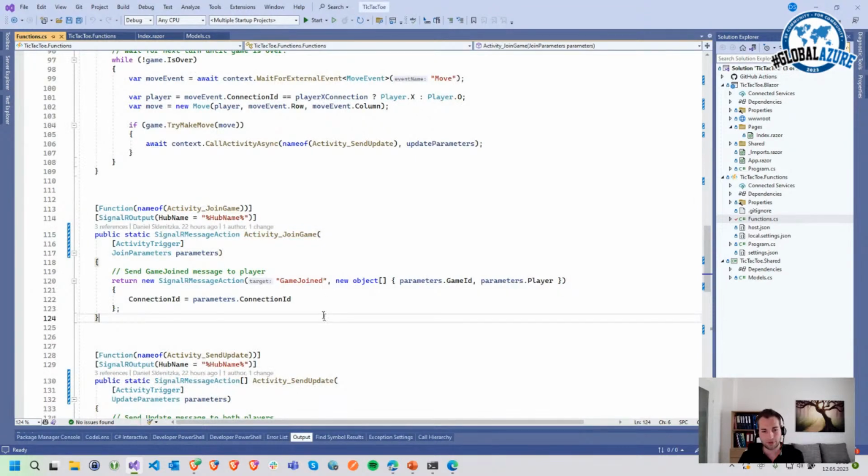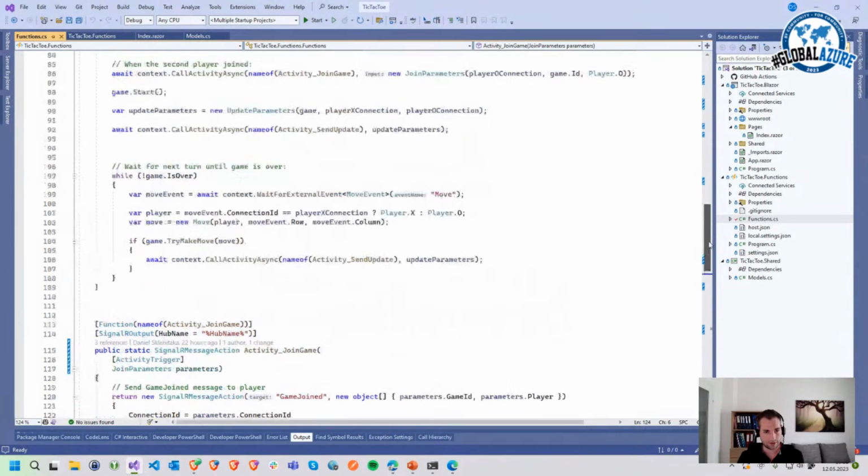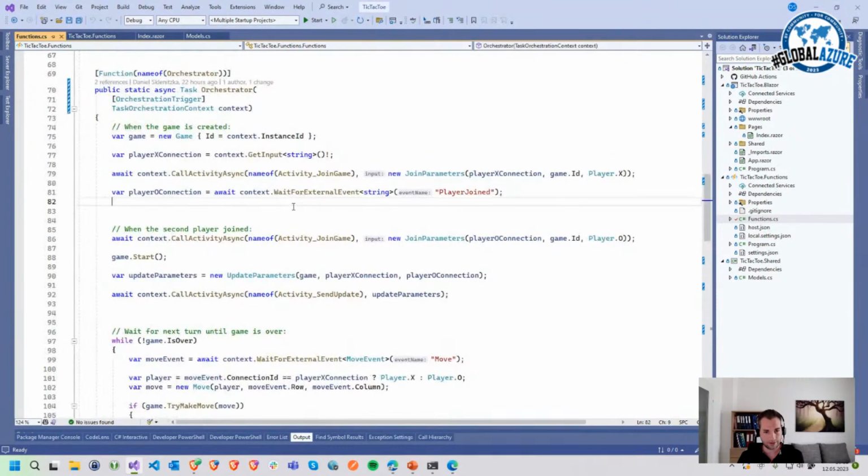It's actually pretty simple. It just returns a SignalR message action, also as we've seen before. So we want to invoke a method on the client. The method name is gameJoined, and we pass as parameters the game ID and the player type. And we set the connection ID so that SignalR knows to whom it should send this message. So we want to invoke the gameJoined method. We'll take a look at the client in a second, but let's